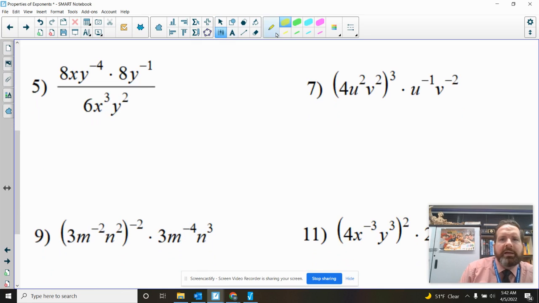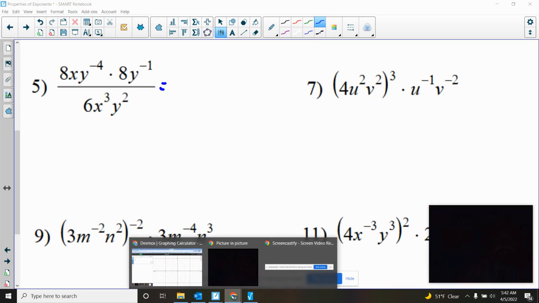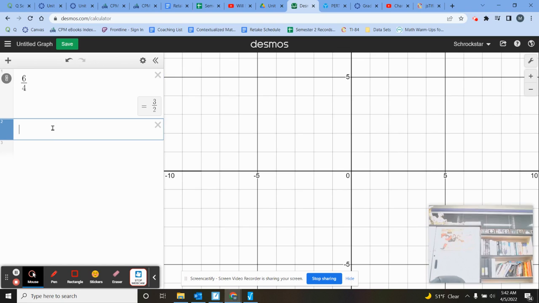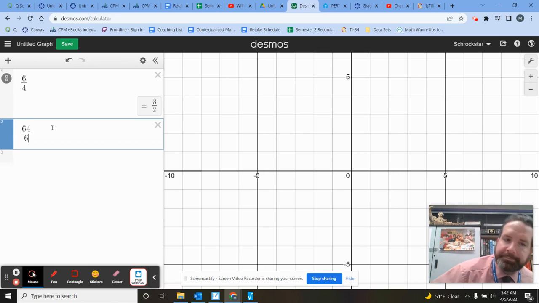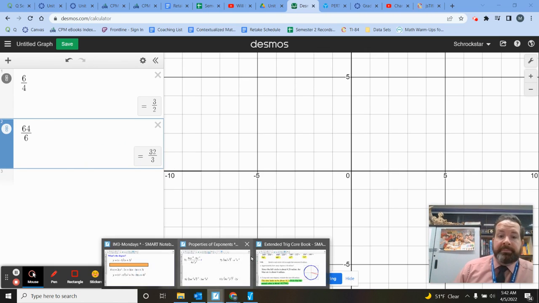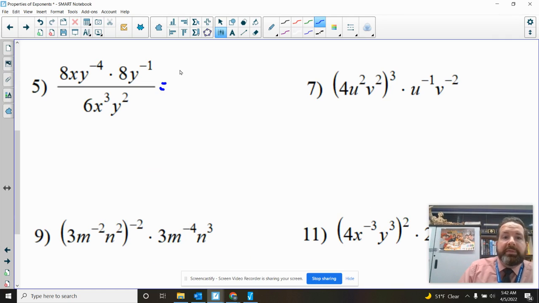Here we got a little bit more going on. So let's reduce. 8 times 8 is 64. And 64 divided by 6. I want a reduced fraction out of that. Okay, that ends up being 32 over 3. So coming back here then, I'm going to have a fraction with a 32 on the top and a